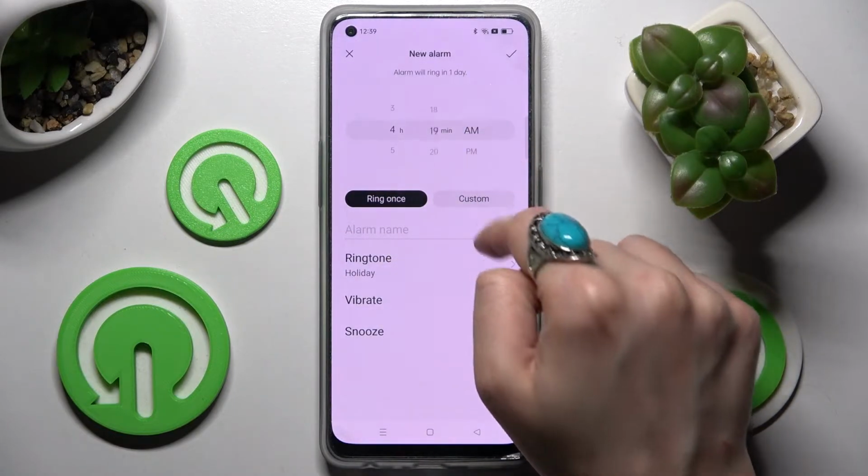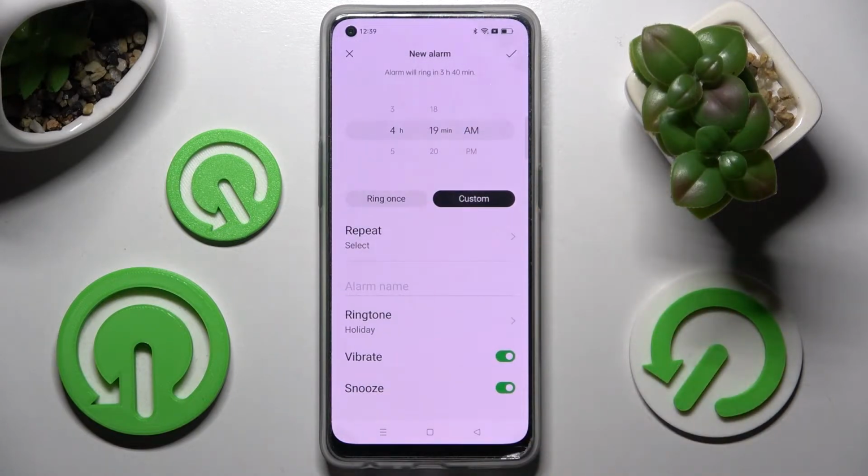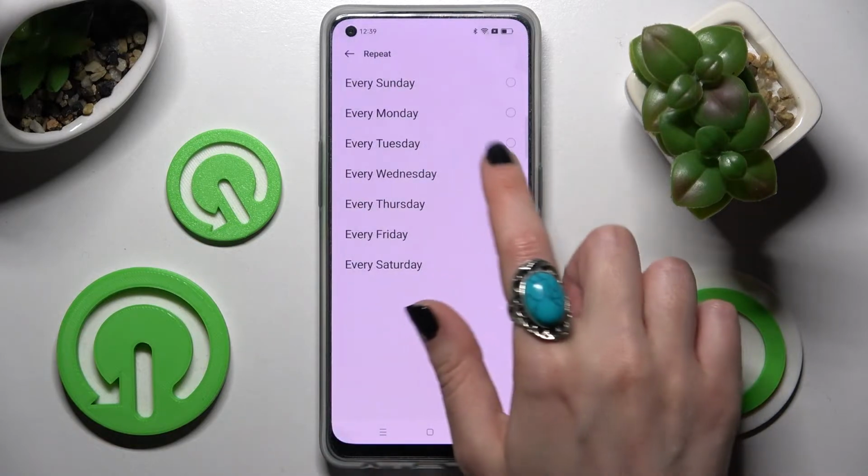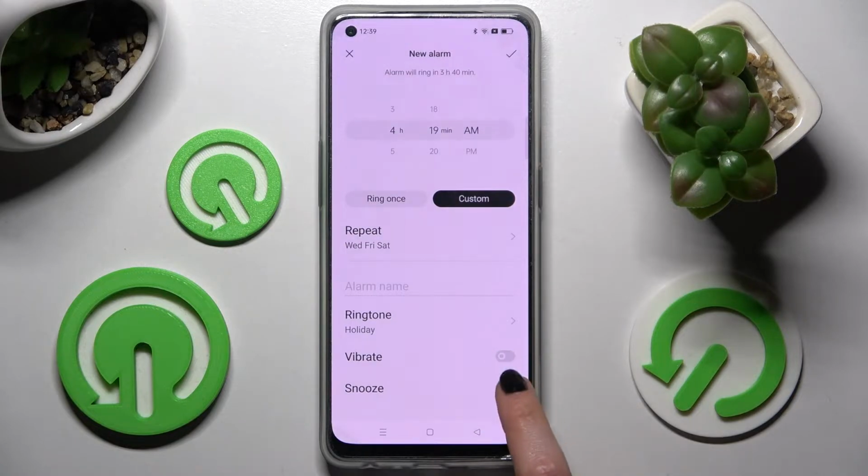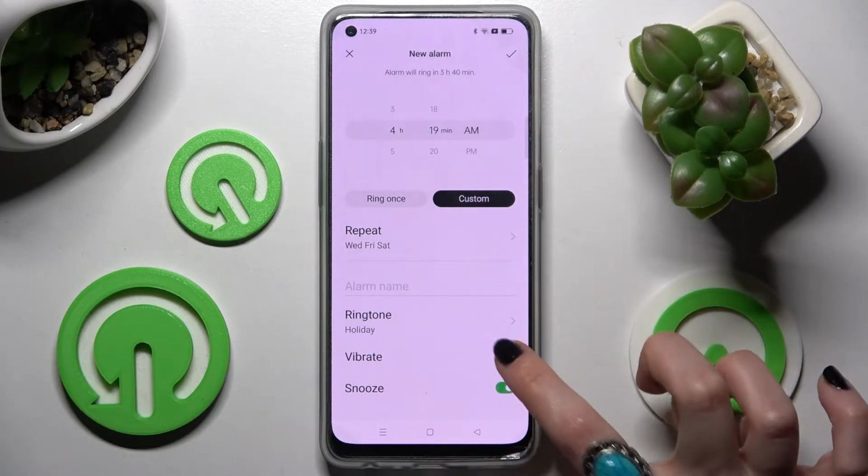Now you need to set an hour and choose ring once or custom. If you wish to choose custom, click on it, tap on repeat and select days of the week. Then go back, click on those switchers next to vibrate and snooze to disable and enable those features and tap